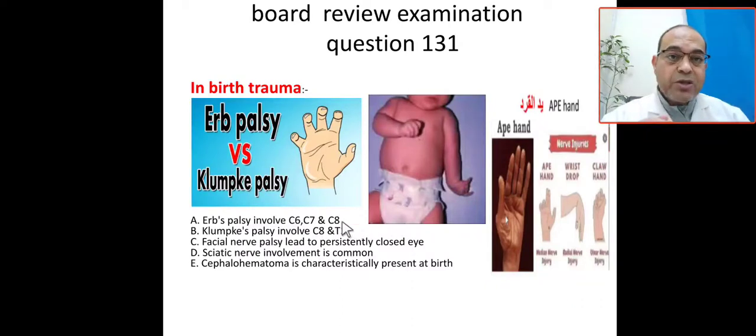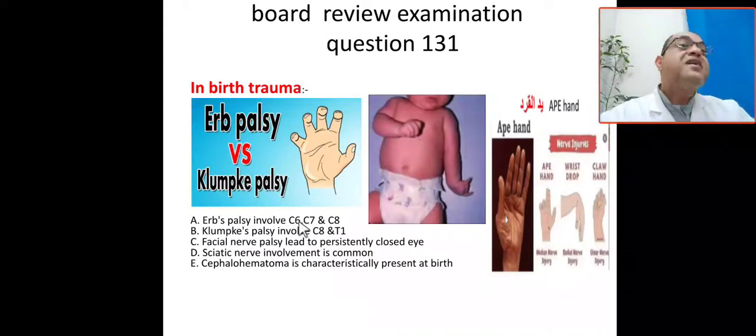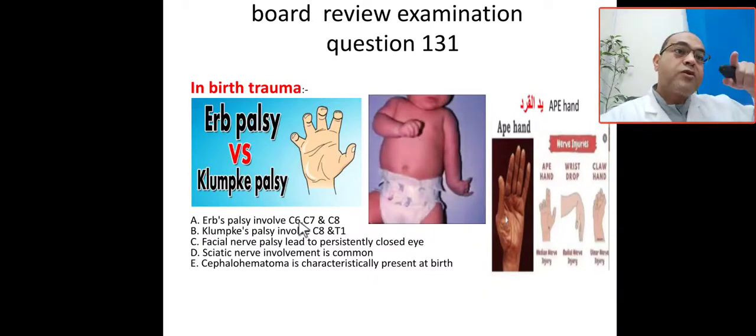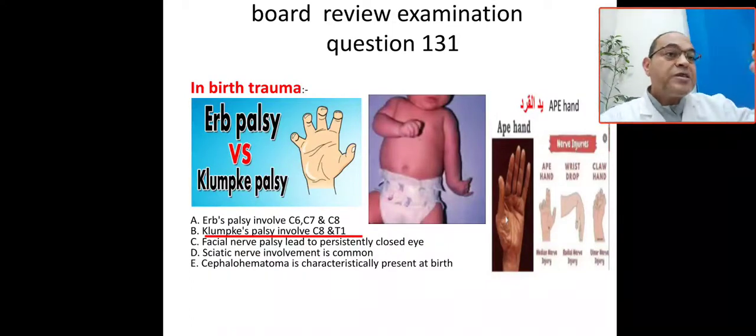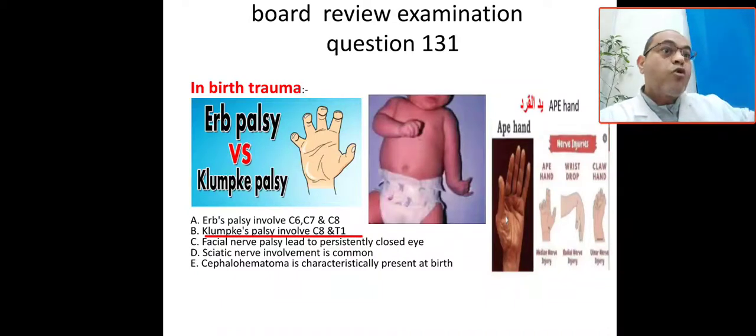We'll see our question here. Option A, Erb's palsy involves C6, C7 and C8, is wrong. Erb's palsy involves the upper trunk, C5 and C6. A common association with middle trunk injury is scapular winging, which is C7. So it can be C5, C6 and C7. This is Erb's palsy. In Klumpke's paralysis, it will be C8 and T1, associated with claw hand. So the answer is Klumpke's paralysis. The site of the injury is the lower trunk, C8 and T1. But in Erb's, it will be C5 and C6, with a common association of C7, which is associated with scapular winging.